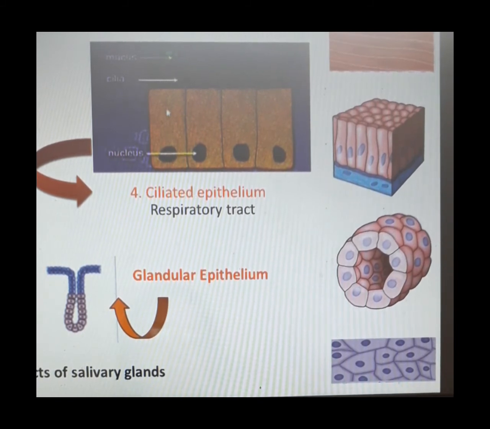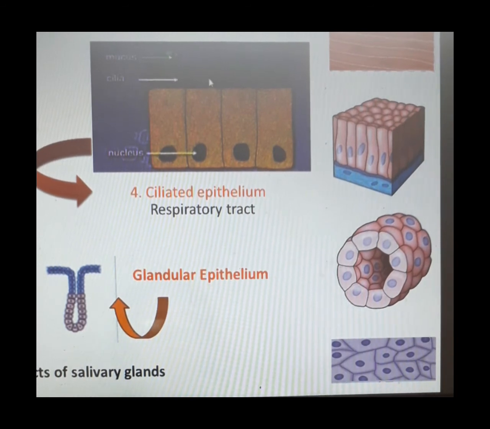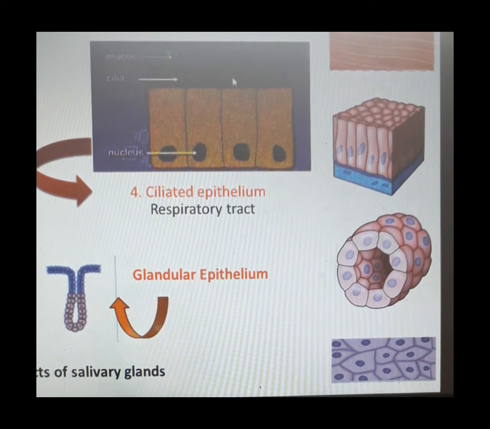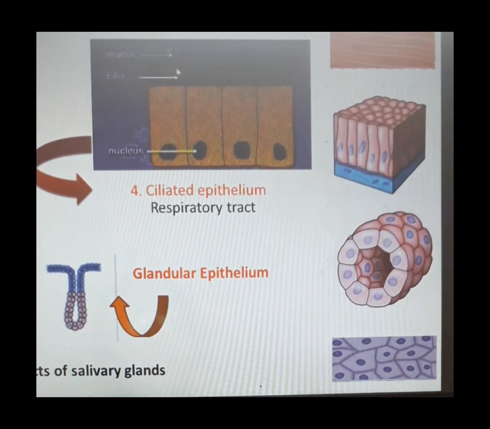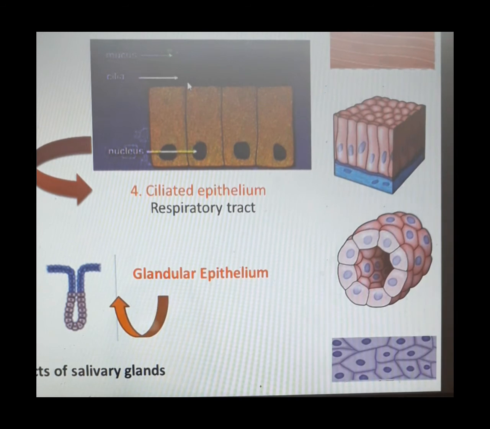Can you see here this epithelium shows presence of columnar cells, but these columnar cells are provided with these fine, thin, eyelash like structures. Actually, do you know brush bristles? You must be knowing. So can you just correlate those structures to the cilia? Cilia are basically fine, long, thin eyelash like structures, or extensions of the cell membrane or cytoplasm, where they show a rhythmic to and fro movement. So they are basically involved in cleaning or sweeping actions.